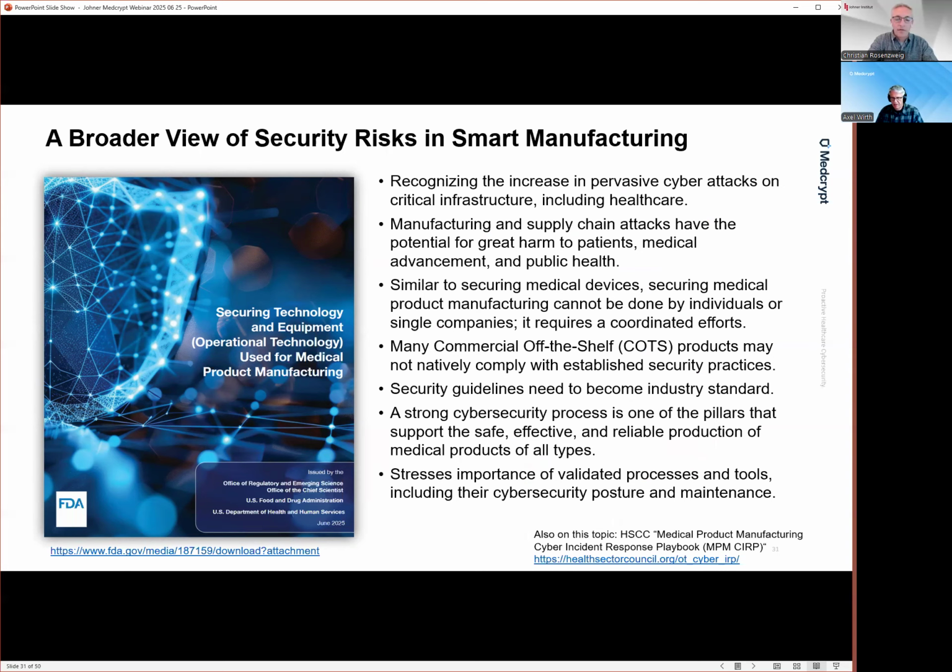And coincidentally, and I just slid this slide in here this morning, this just came out 2 days ago from the FDA, which is a white paper that actually talks specifically about impact of cybersecurity in the OT/manufacturing environment for medical product manufacturers. And this is distinctly different from the FDA product focused pre and post-market guidances. This really deals with the OT/manufacturing environment and how a security incident there can compromise the product being manufactured.